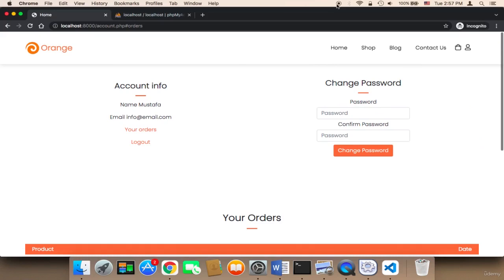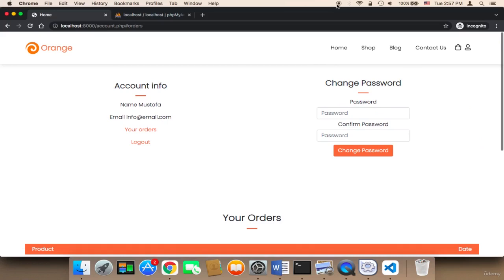If we don't have any errors, we want to make a query. In order to make a query, we need to import here at the top. We need to say include server/connection.php. And then we need to use the connection here. We need to say con, and then prepare. And then we want to update the password. So to update the password, we need to say update users, and then set